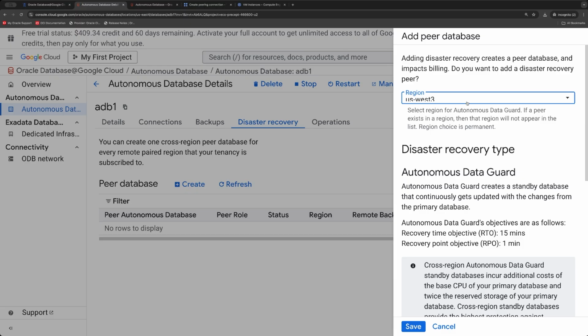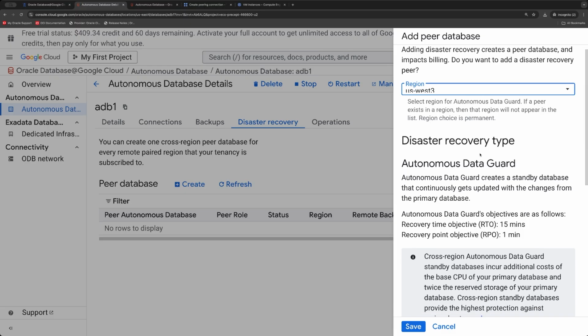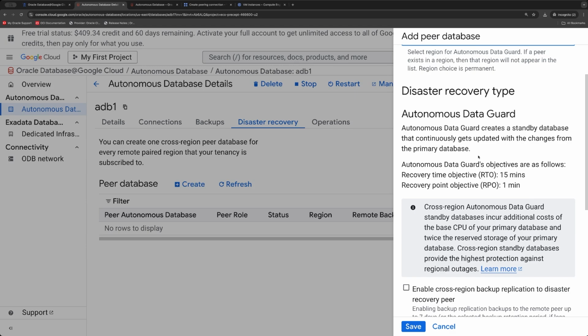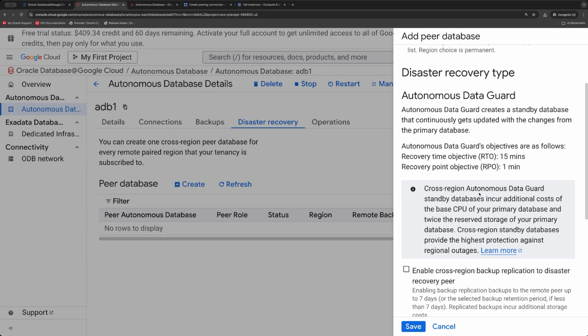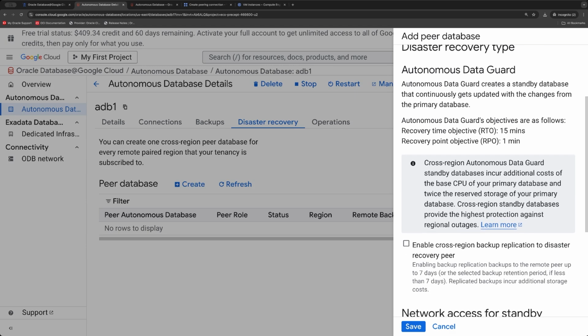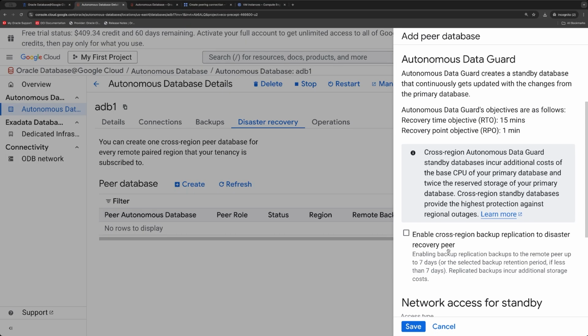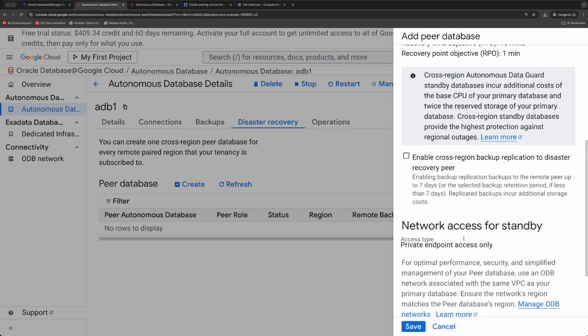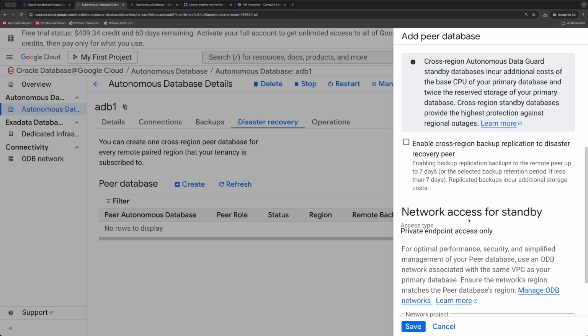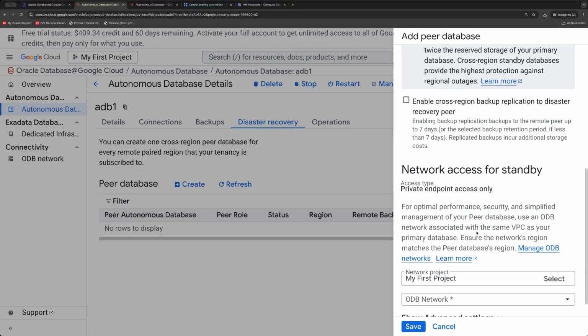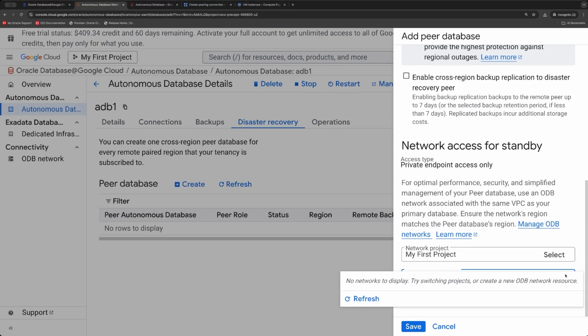So US West 3 is the only option here right now, and you can see some information here like RTO, RPO, and then we can also enable backup replication. We are not going to do it right now. Network access for standby, private endpoint access only. And then can we select